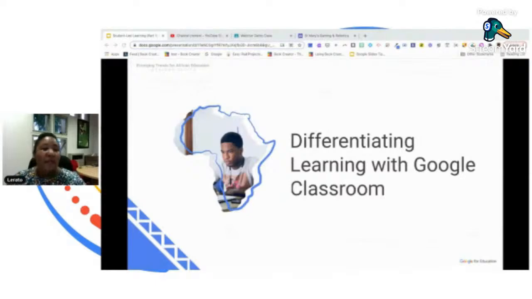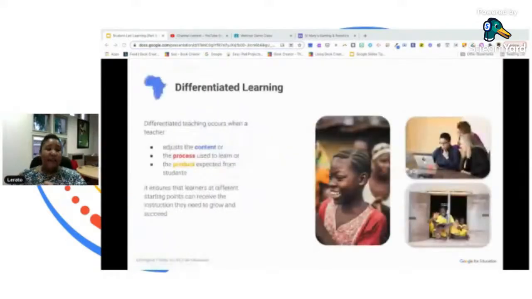So we have spoken at length on how to create content and improve student research. Now let's look at student choice and differentiation, two important words. The differentiation of learning is when a teacher, us, adjusts the content or process used to learn or product expected from learners, giving students more choice, and a different starting point accounts for individual student needs.